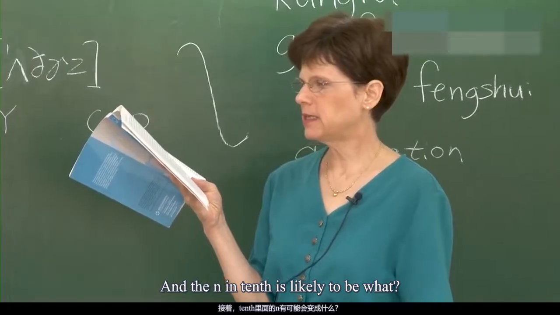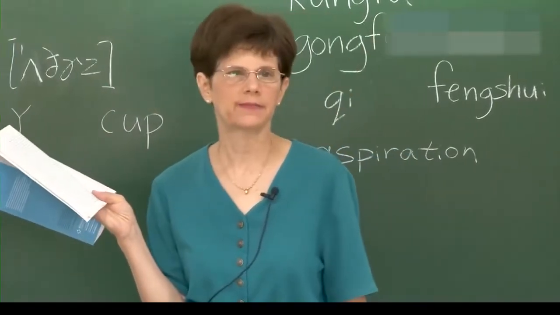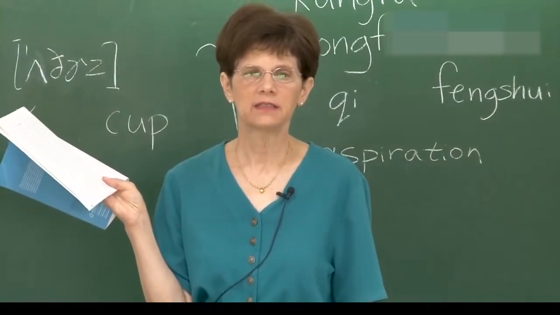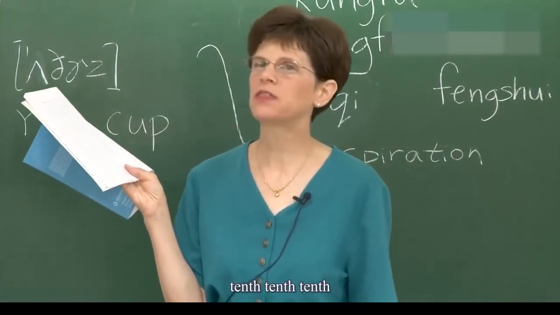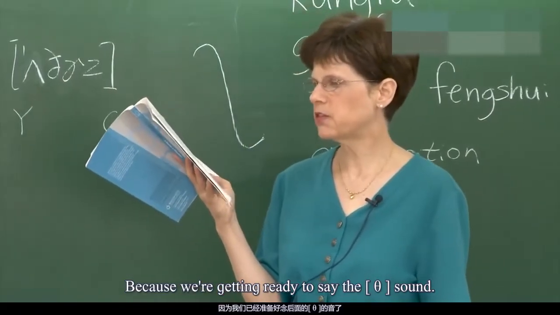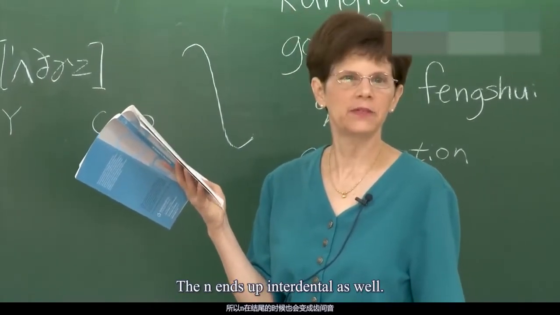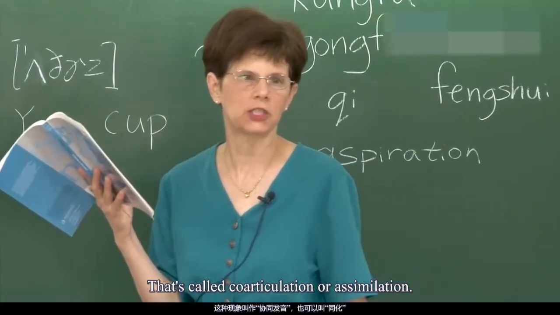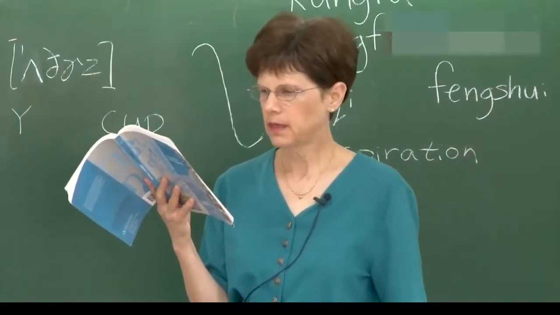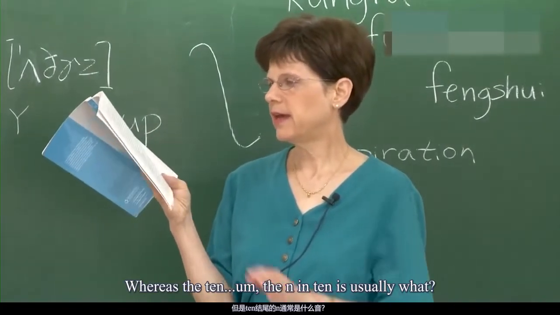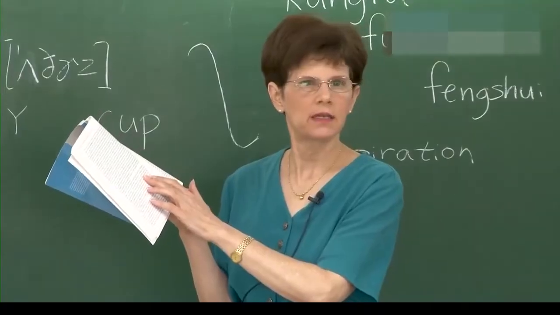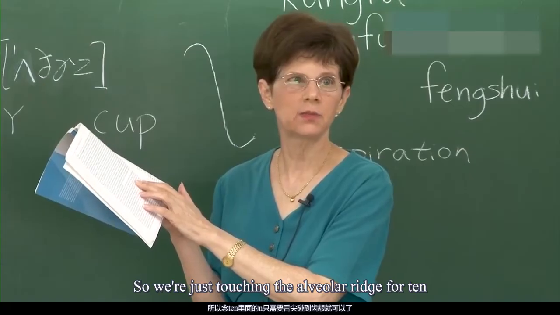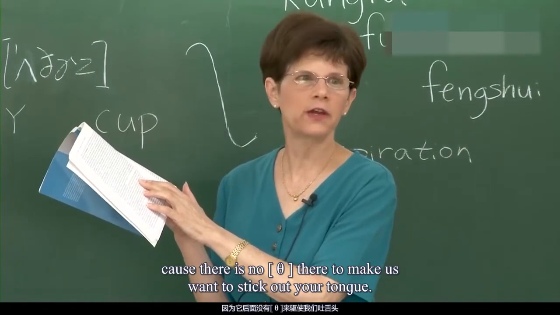And that the N in 10th is likely to be what? What kind of dental? Interdental, 10th. Because we're getting ready to say the th sound, the N ends up interdental as well. That's called co-articulation or assimilation, 同化. Whereas the N in 10 is usually what? Alveolar. So we're just touching the alveolar ridge for 10 because there's no th there to make us want to